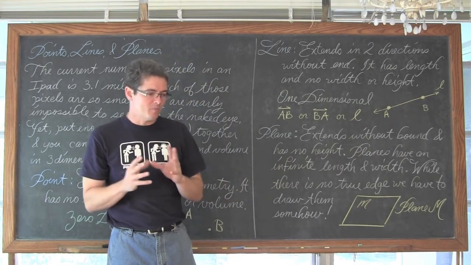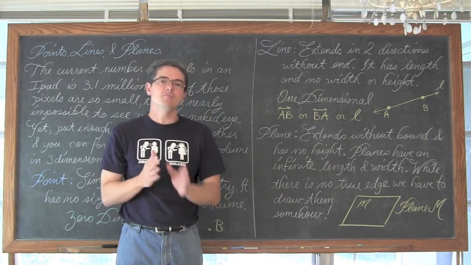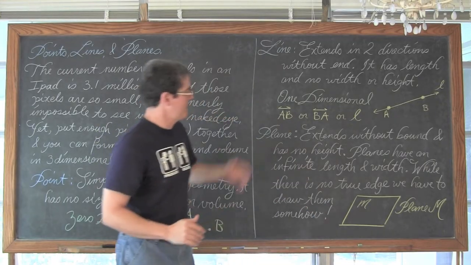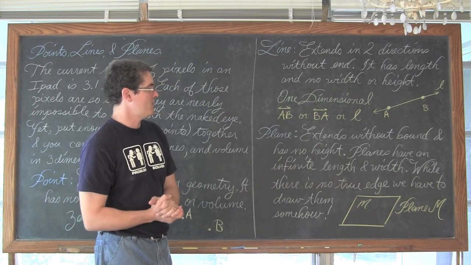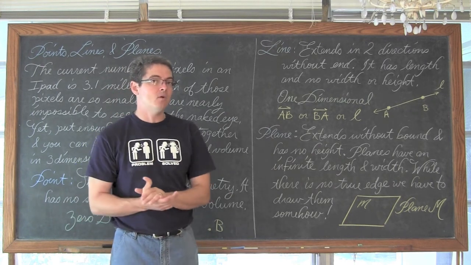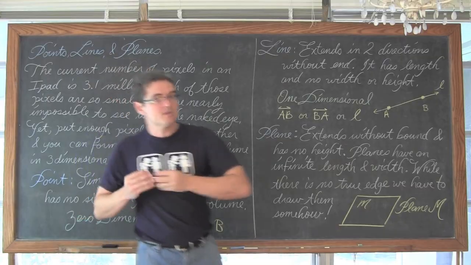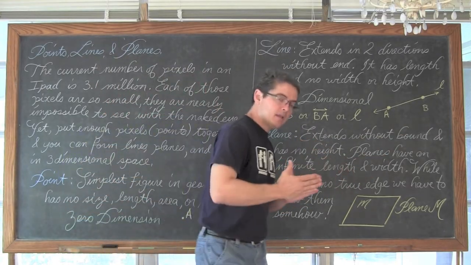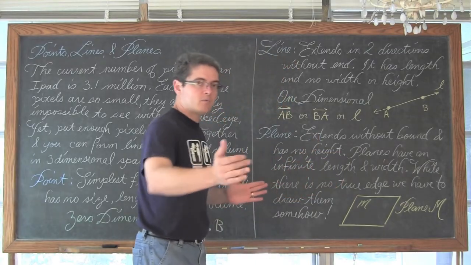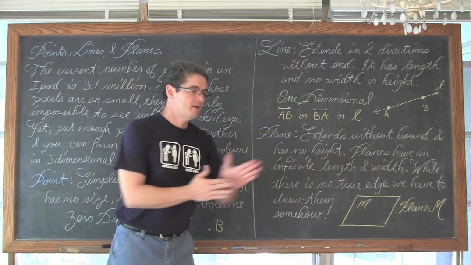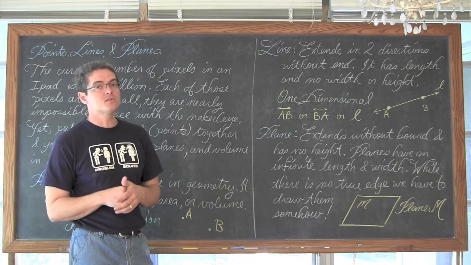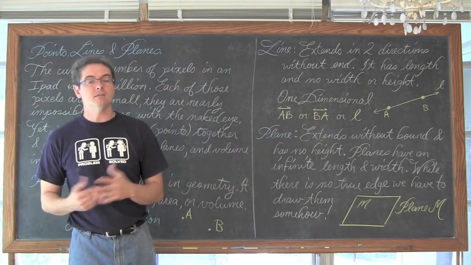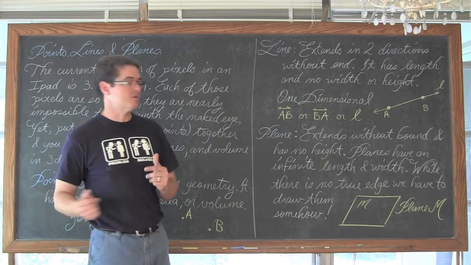Sort of trying to mix in a little bit of theory here without doing a real proof, but you start laying them down, down, down, and all of a sudden you get this plane. Planes extend without bound but have no height. So where a line is just going in one direction and has a length, a plane has a length, and then you're laying those lines sideways, so you have width as well. So you have length and width in a plane. Of course, they are also going to extend without bounds, so the length and width of a plane is infinity as well for each of those measurements.